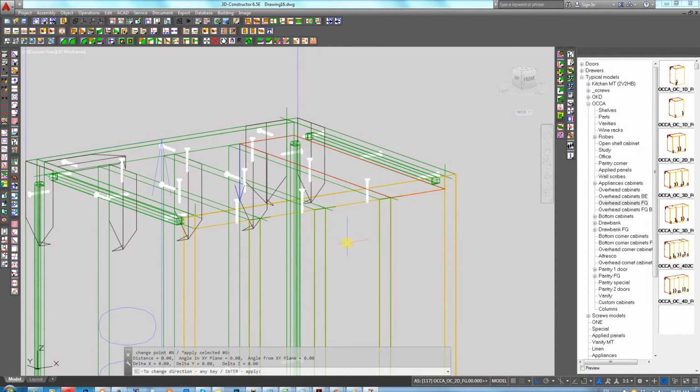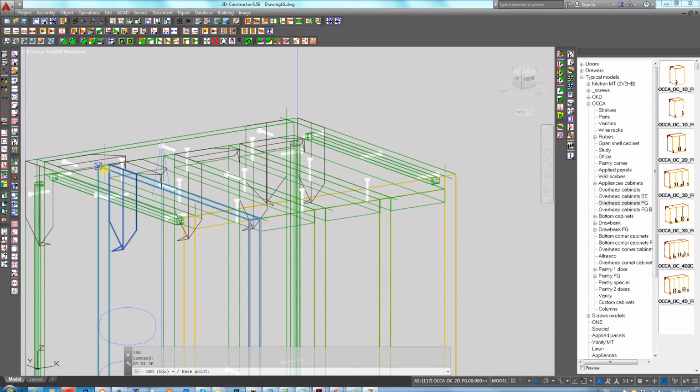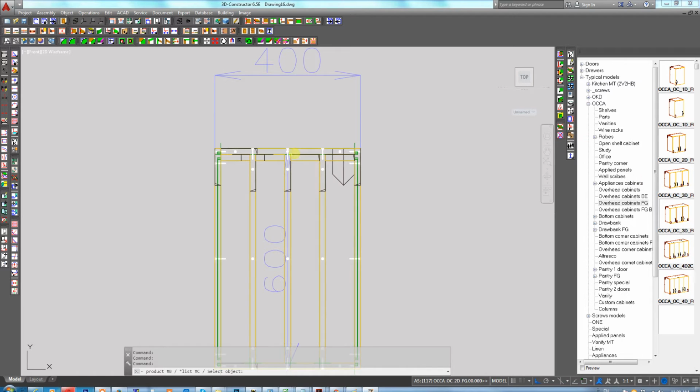So to do that, we do 1, and we do 2, and we do 1 more. I'm using a right click to repeat my last command, so basically I can repeat creating of my shelf. Okay, so I do recommend to edge all of them. We put edge on all of these front edges, and we will copy all these shelvings,